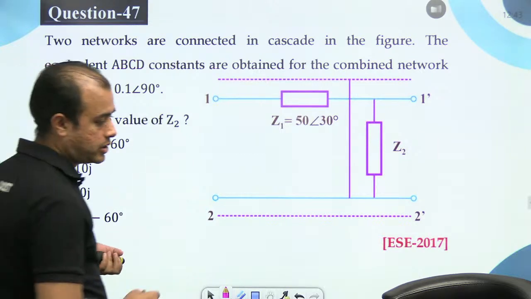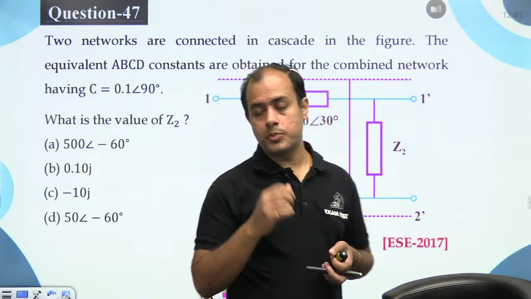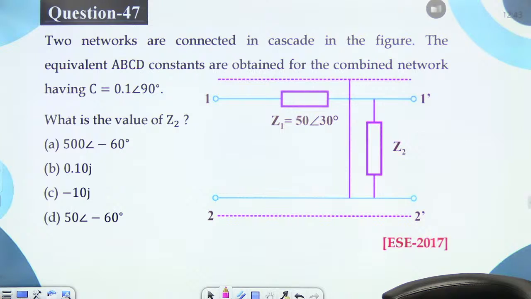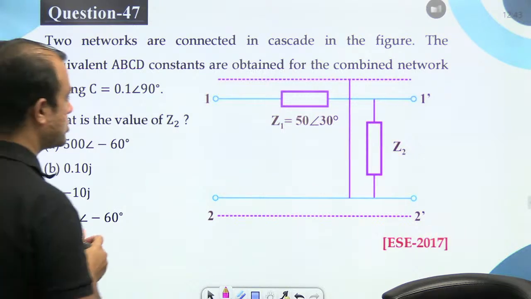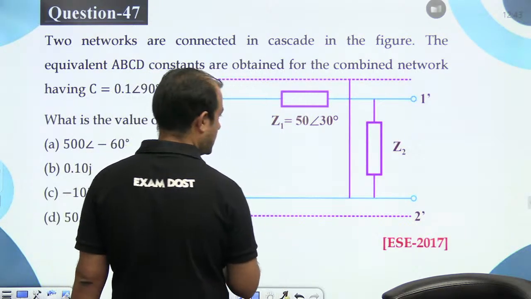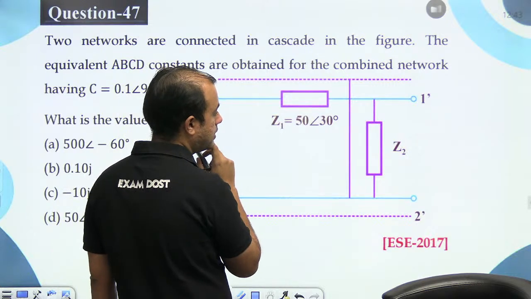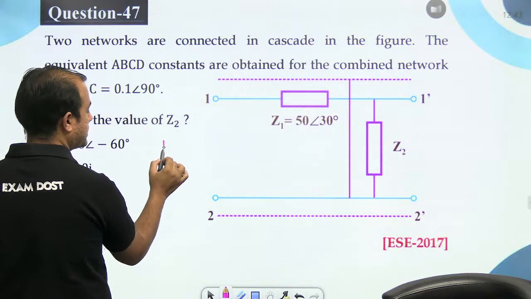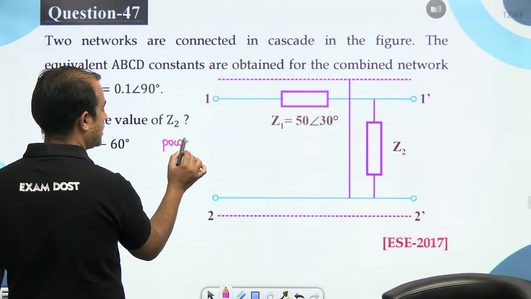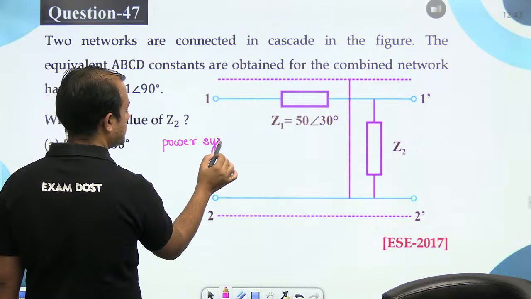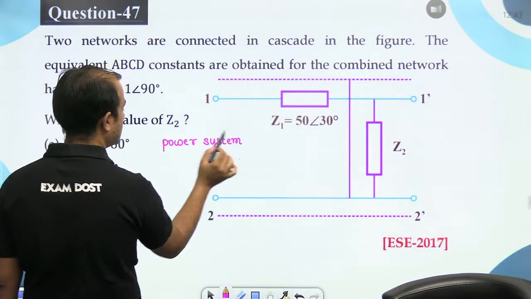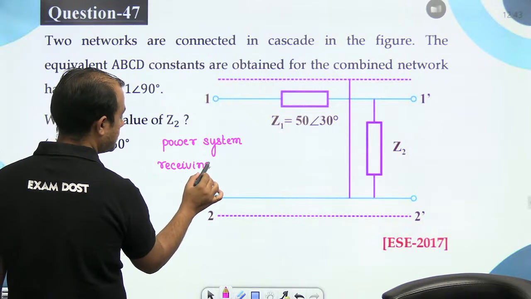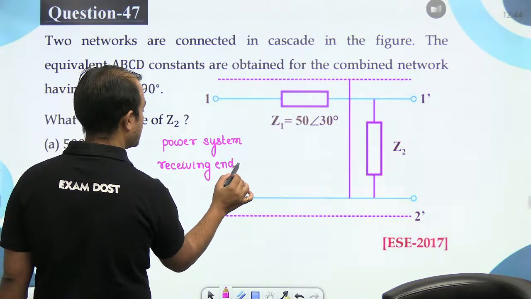What is the value of Z2? अब C का वैल्यू 0.1 एंगल 90 आ रहा है, so what is the value of Z2? इसको करने का मैं आपको एक इजी सा तरीका बताता हूं यहां पे, लेकिन डायरेक्ट मेथड एप्लीकेबल होगा क्या? इसको ऐसे सोच लो, अगर आप इसको ट्राई करना चाहते हो ना इजीएस्ट वे में, refer to power system. Receiving end, C model,